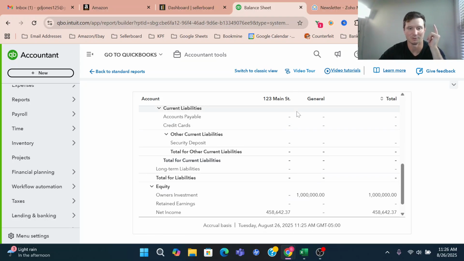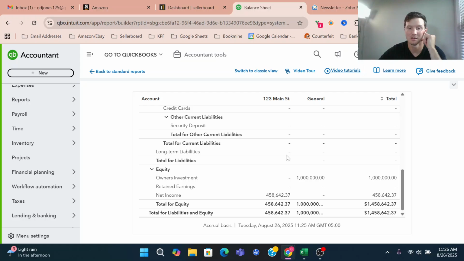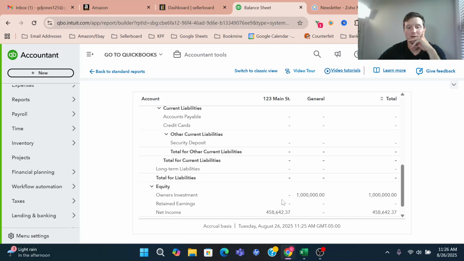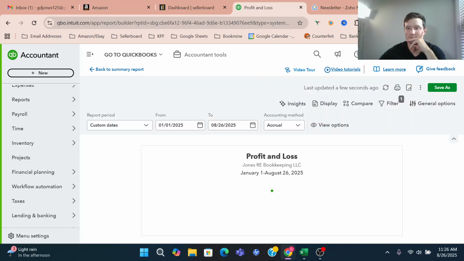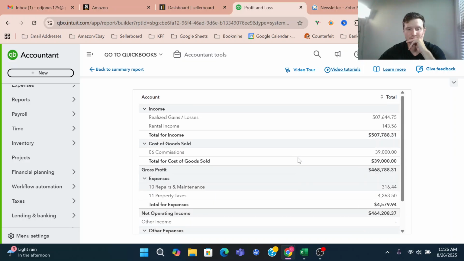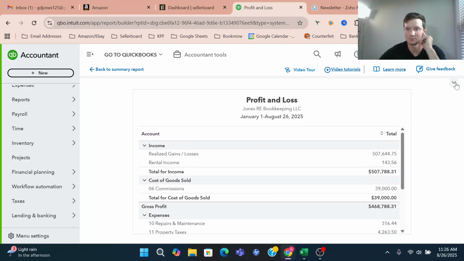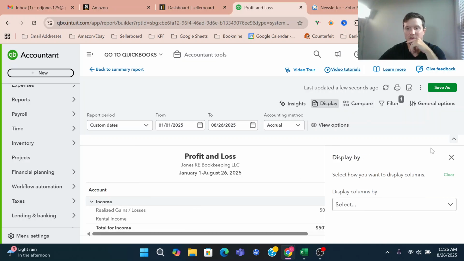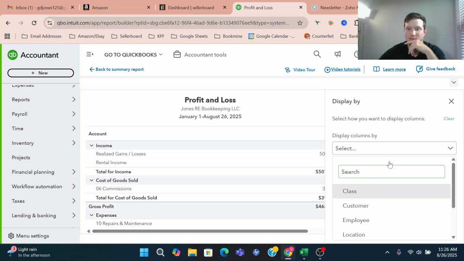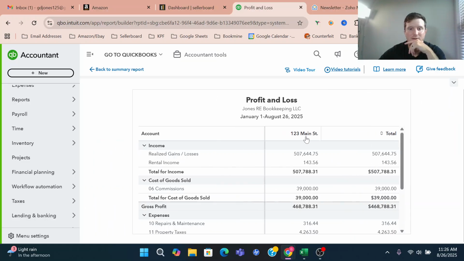We never had any loans, so we didn't really have any liabilities, but everything's zeroed out, and it's all come into the net income, which is our profit and loss. And this is, we'll switch that up, display it by class again. All right, so here's what we have in our bank